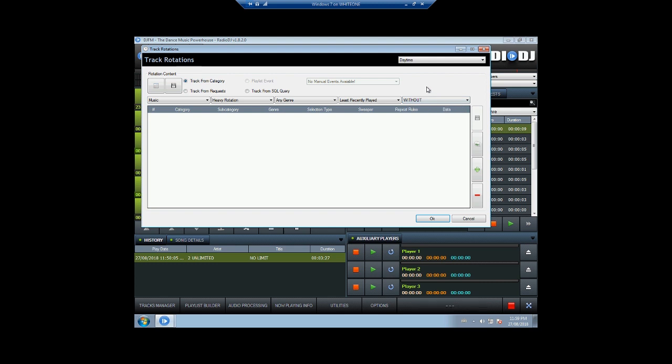It's the first song, so why drop another ID after an ID? It's just going to sound stupid, right? So in this case, music coming from heavy rotation, any genre. If you have your genre selected, you can choose that. But for us, we're just going to stick to any genre, least recently played, and without